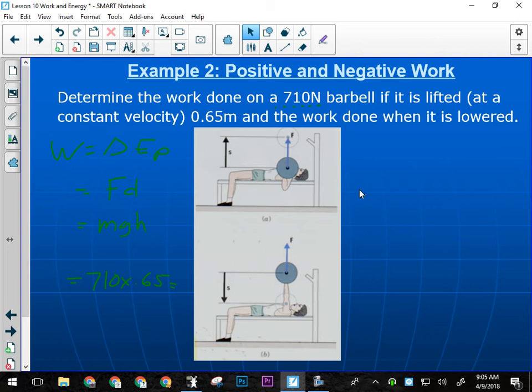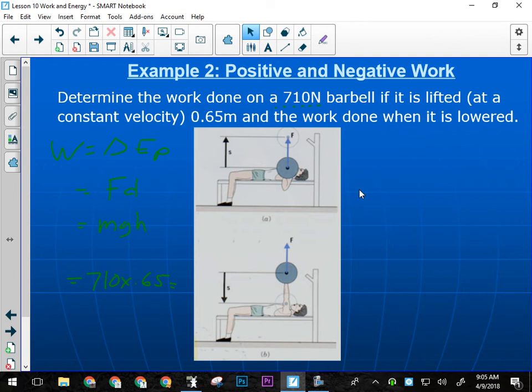Now, what that means though is that if I'm going to lower this thing back down, it's now going to do what with all the energy it had? When it's back down here at a height of 0, it's going to have no energy. Where did all that energy go? Yeah, into me. I actually have to absorb that energy back. And that's why we want to push upwards as we lower. It's going to change the shape of my muscles as I lower it, and so I get a benefit out of it in both directions. Does that sort of make sense to everybody? All right, so